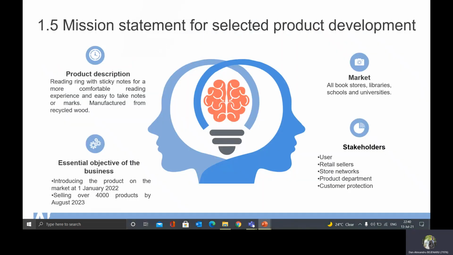Okay. Then we're going to make the mission statement for the selected products in development. You're going to have a product description, the essential objectives of your business, because you're going to have a business if you're going to develop a product, the market opportunities again, and the stakeholders. So later we're going to find out the next